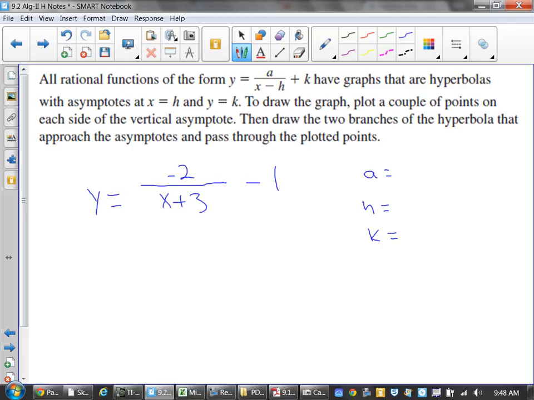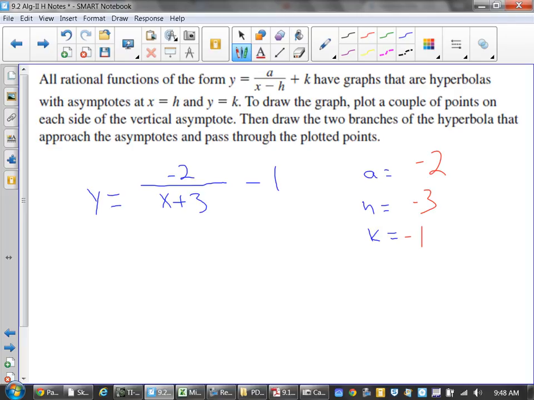Anyway, we'll worry about that later. So what you're going to wind up doing with these, guys, is identify your Hs and Ks. They're in that form where your A is -2. What's your H value? You're looking for the zero of the denominator: -3. You always want to find what makes the denominator 0. That will always be your vertical asymptote, no matter what. And your K value here is -1, good. Remember, the K value is always the same, and your H value is going to be the opposite sign.